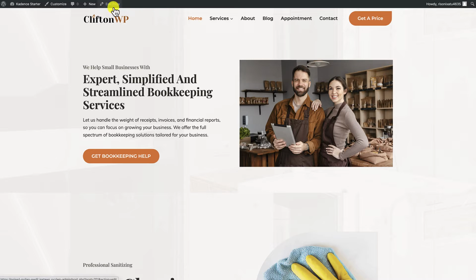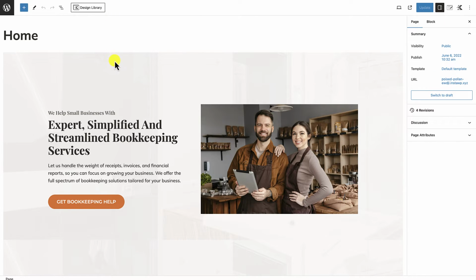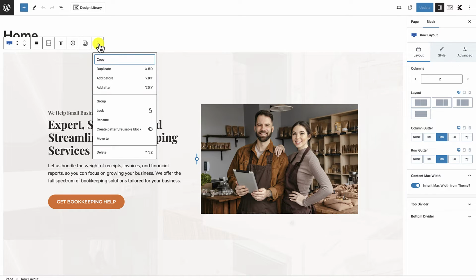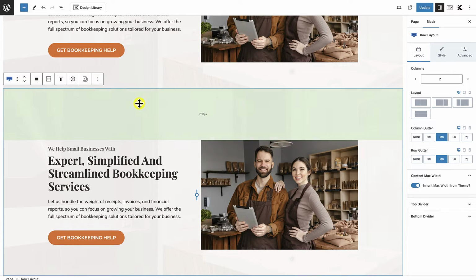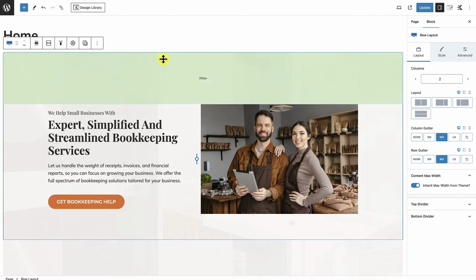So I'm going to go ahead and click on Edit Page. I'm going to select that row, and I'm going to duplicate this row. Okay. And now that I've duplicated the row, I'm now going to play around and see how this will look if I made certain types of changes. So let's talk about the first change. The first change that I want to make is, what would happen if I made this image a lot bigger? Okay, and have it break the layout a little bit. Okay, so to do that,